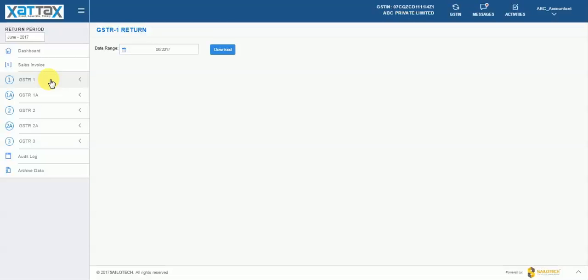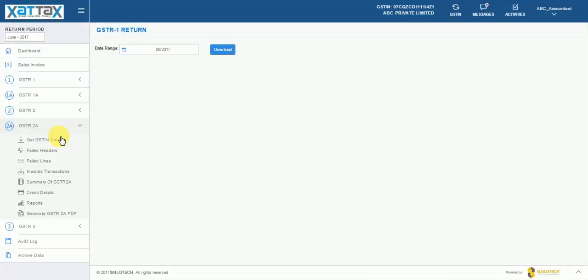On the other hand, the GSTR 2A returns, which is actually the purchase data, inward transactions as reported by the accountant's supplier, will be available from 11th onwards. So, the accountant is expected to download it from the GSTN site, reconcile with his or her purchase data and then resubmit it on 15th of every month. Let's see how this can be done in ExactTax.